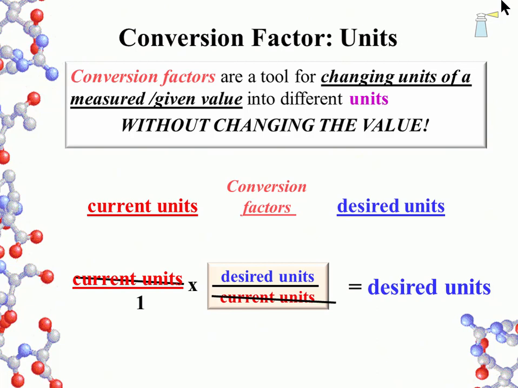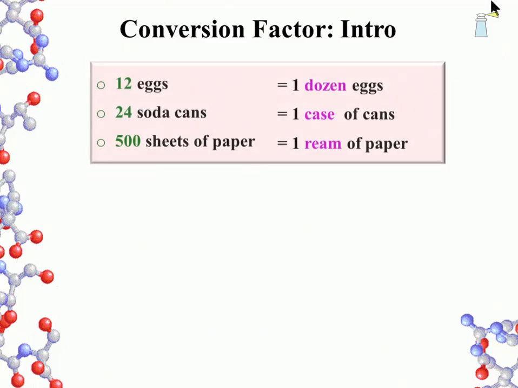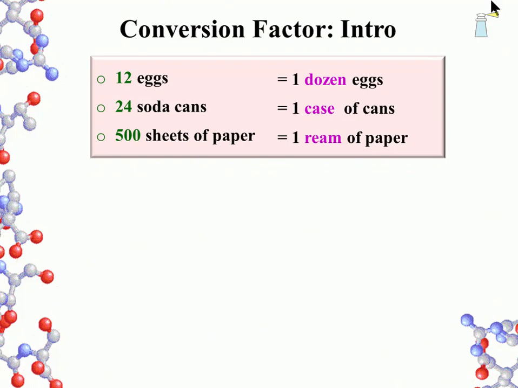All that is left is the desired unit, and the equation is complete. All conversions will seek to cancel out current units, leaving desired units. That is the underlying principle of conversions. With that in mind, we return to those counting units and show how the definition of unit is used to